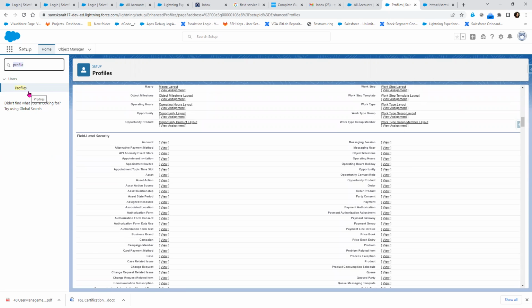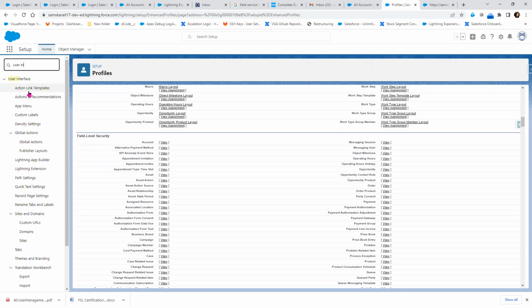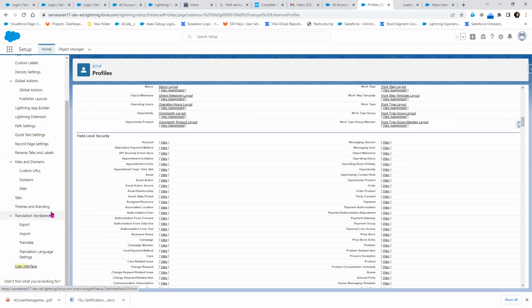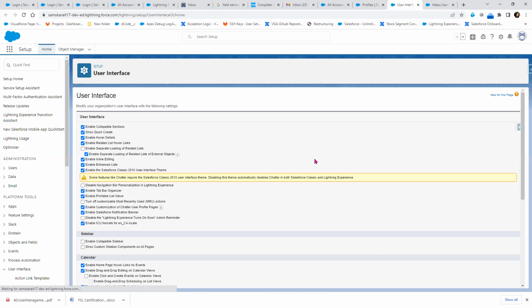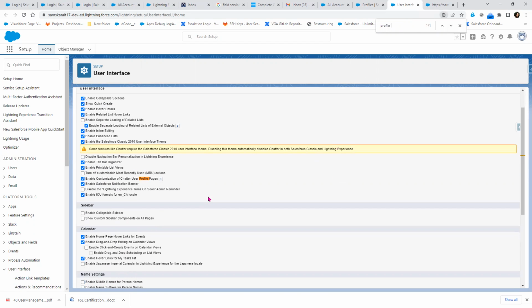The setting: go to Setup and search for User Interface. Inside this User Interface, we have an option called Enable Enhanced Profile User Interface. Customize the profile user interface. Enable the ability of the admin to customize the user profile tabs; if disabled,